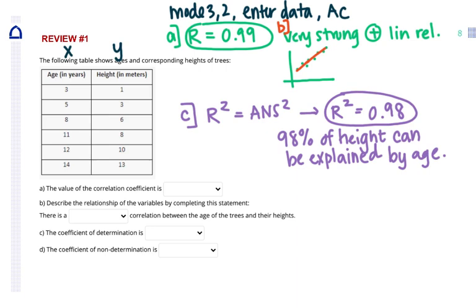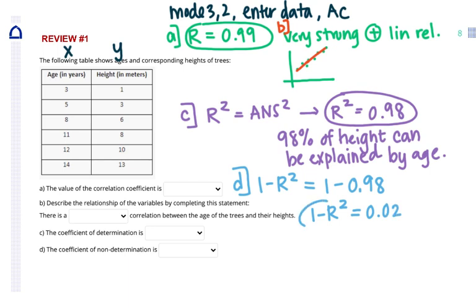Okay, now part D, the coefficient of non-determination, they're asking for 1 minus r squared, so that's 1 minus 0.98, which is going to be 1 minus r squared. The coefficient of non-determination is 0.02. And again, it didn't ask us, but if we wanted to comment on this, what does this mean? We would say that that means 2% of the height of the trees cannot